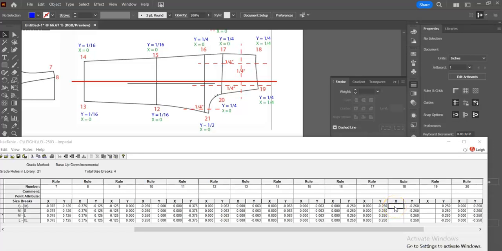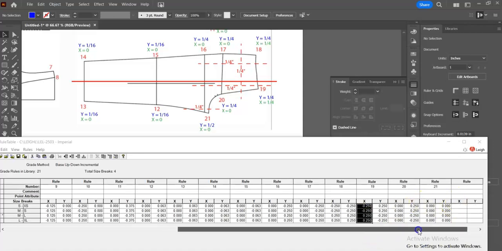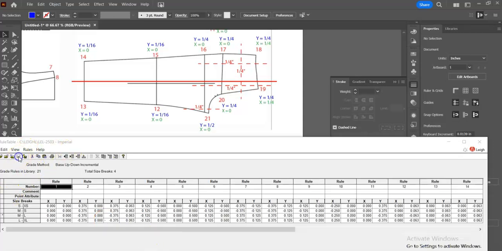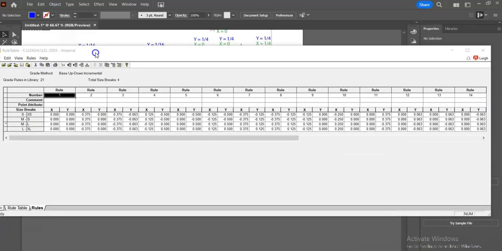For my x of 18, I have the same, negative a quarter, positive a quarter. This x rule is the same for my 18 and 19 rules. And my 21 rule will have x as 0, and my y will be 0.5, 0.5, negative 0.5, negative 0.5. I'm going to save this, and then we will go and apply it to our